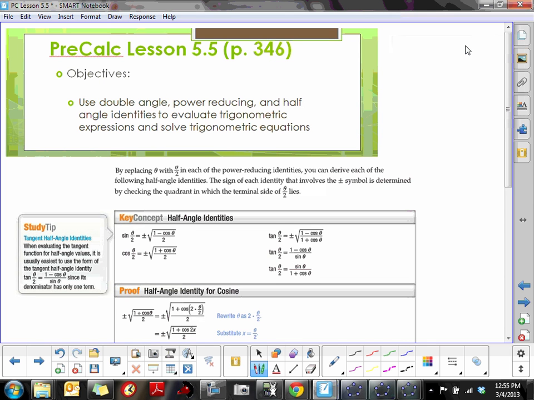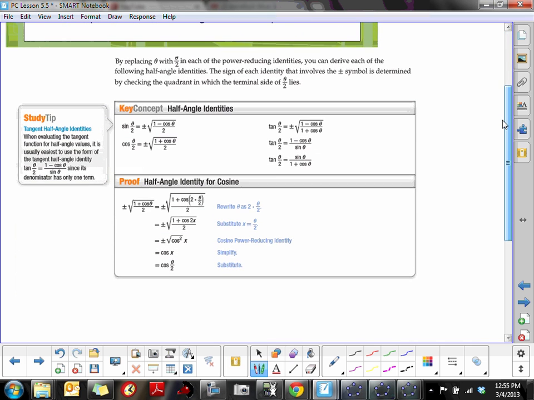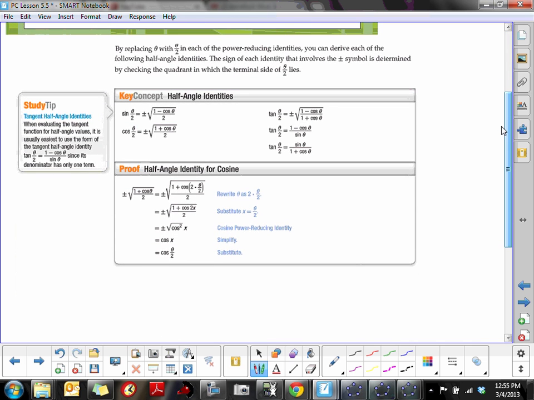Another set of identities that we're asked to use is the half-angle identities. In this video, I'm going to prove all of the half-angle identities that they give us here. And the trick is by replacing theta with theta over two, you can use your power reducing. So really what I'm going to do is try to establish the fact that the sine of theta halves is going to have to equal plus or minus the square root of 1 minus the cosine of